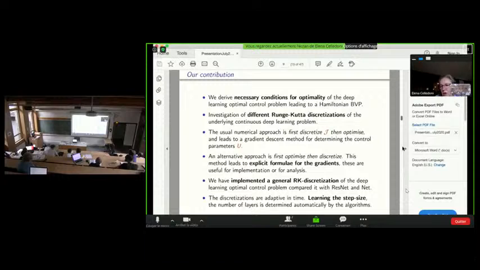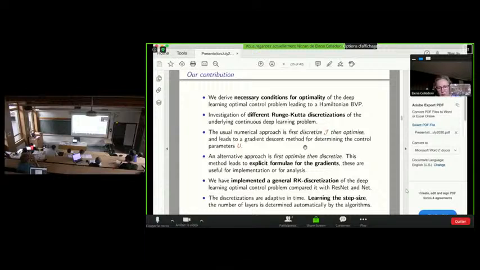What is known, what are the usual numerical methods that are used for the discretization of optimal control problems, especially if your starting point is the Euler method? What can you do with other Runge-Kutta methods? So we essentially apply theory which is quite well known in numerical analysis for optimal control.